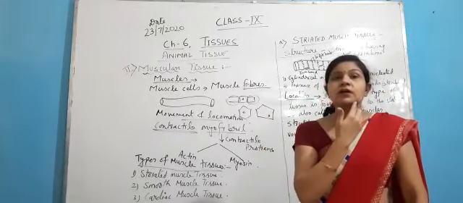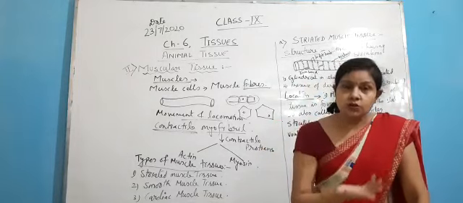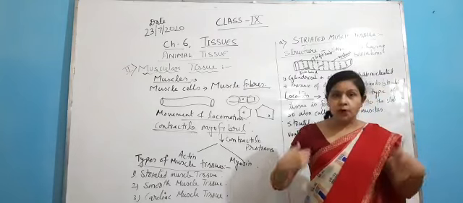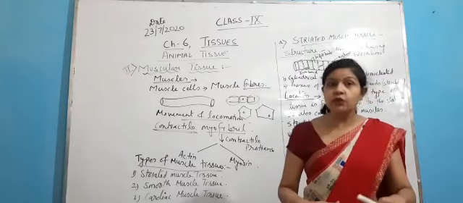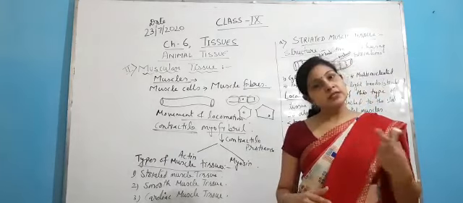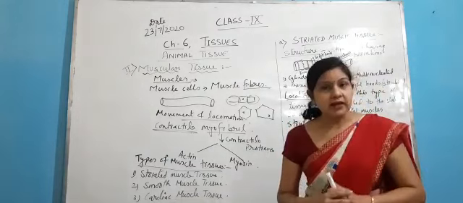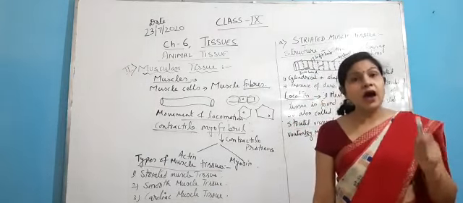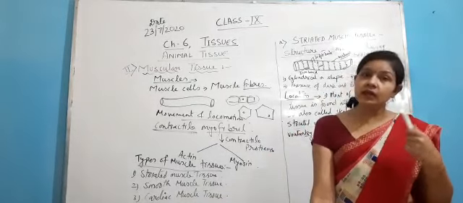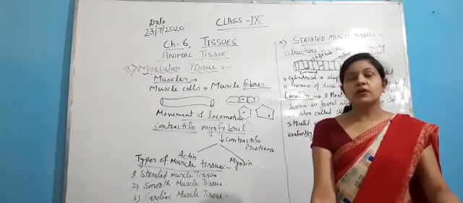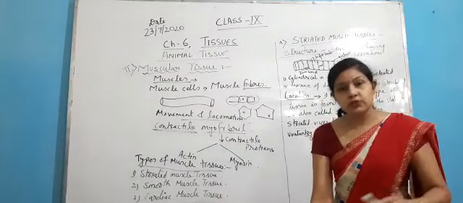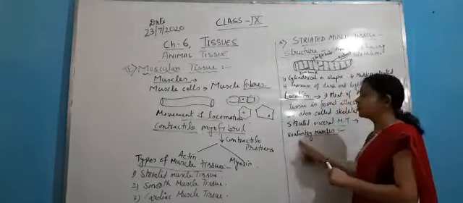The muscles of the jaws are also voluntary muscles. Like the muscles of the body lining, they also move when I want them to move. Likewise in other organisms also. So that is why they are called voluntary muscles, because they work by our conscious will. When we want them to work, they work. When we want them to stop, they stop. So that is why they are also called voluntary muscles.